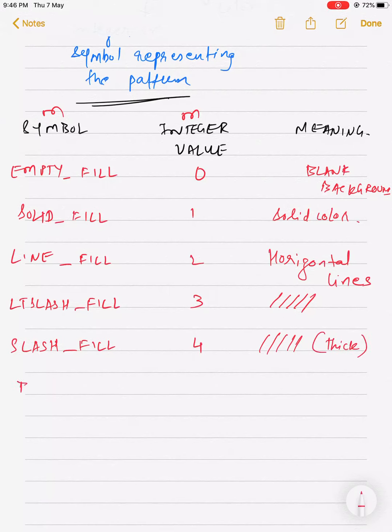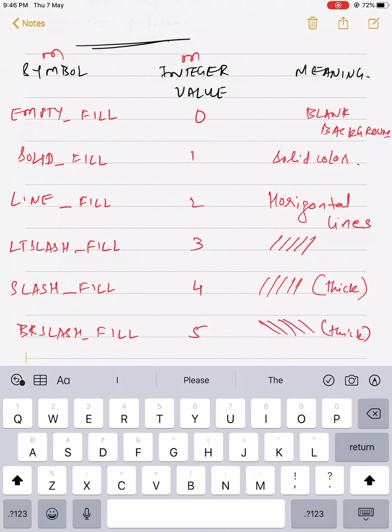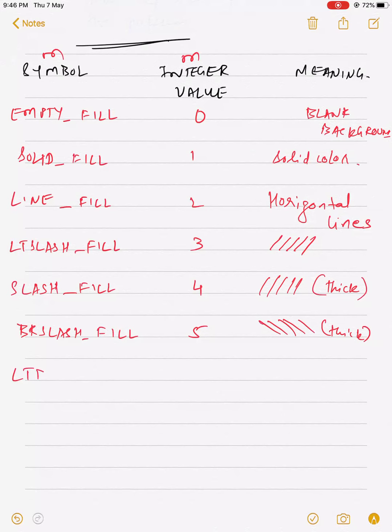Then comes BKSLASH_FILL, thick. LT means light, sorry, LT means light, so LTBKSLASH_FILL.